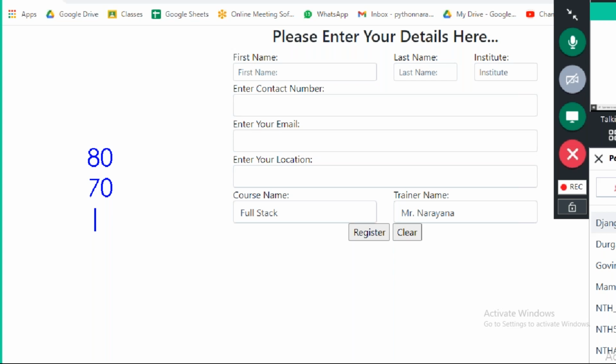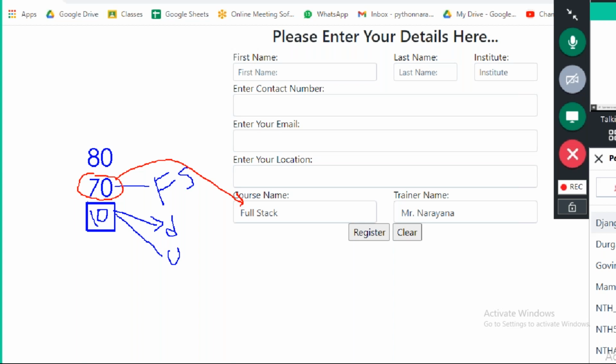So in the full stack also, for example, now what I want, remaining 10 members are there, right? Out of 10, some are attending only Django, and some attending only UI, guys, for example. How many here? 10. But the majority are attending which one? Full stack, guys. Okay, full stack. So now what happened here? I have taken full stack by default for the 70 members. We don't need to enter the course. The default course is there. But for these 10 members, guys, we have to change it.